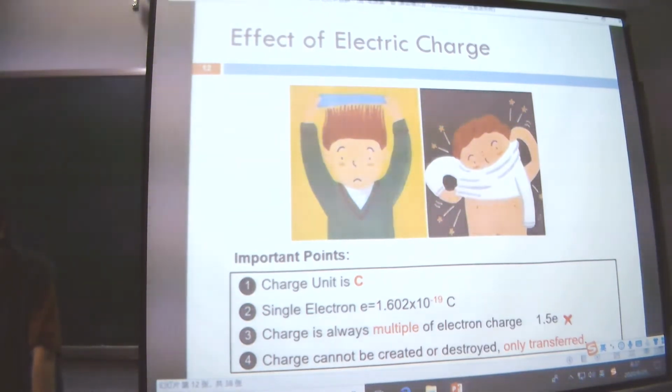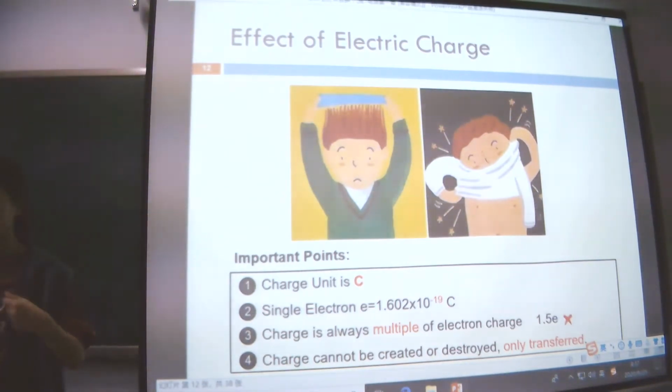There is one figure. On the left you can see there is a comb, and the small boy uses the comb to brush his hair. My hair is quite long, but you have short hair. When you brush your hair, you might see your hair is attracted by the comb. Here is another figure in winter. When you remove your sweater, roughly, you see